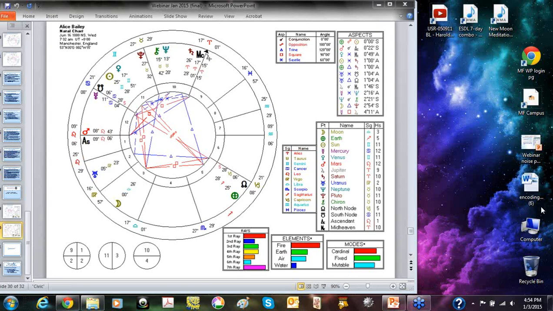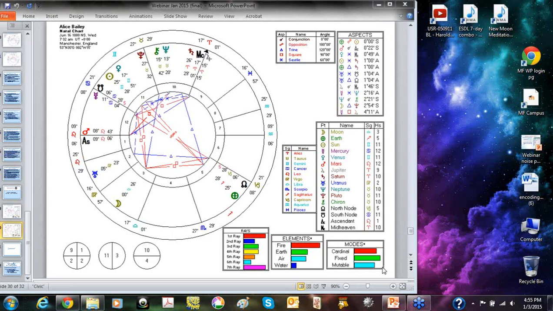The other secondary emphasis in earth signs shows the potential she had of being a practical realist, that she would be dependable and stable and have an innate understanding of how the material world functions. This emphasis allowed Bailey to develop a routine for her inner and outer work and exhibit great endurance through many illnesses in her lifetime. Next, I'm looking at the modes, and the planets and points shown in the modes are fairly balanced in all respects, with the fixed signs nudging out the cardinal signs, then followed by the mutable.